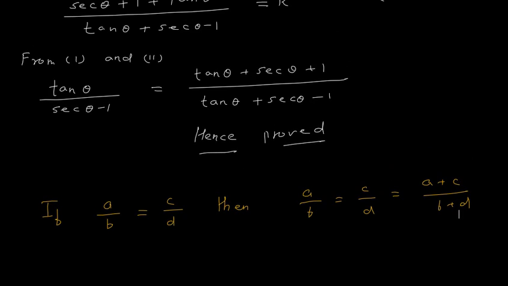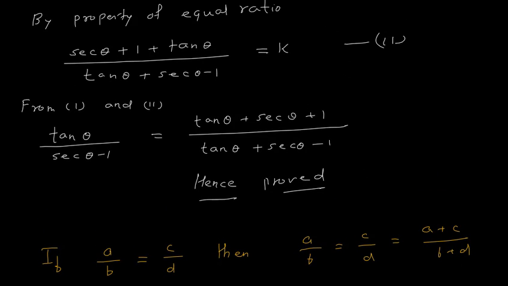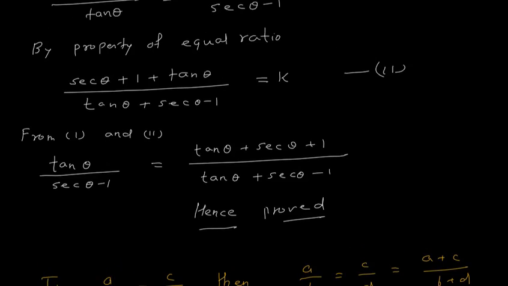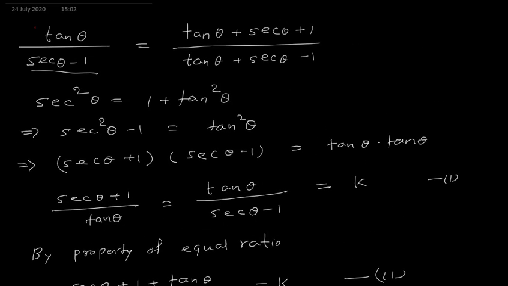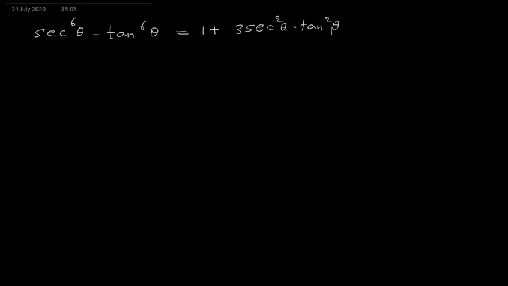So by that property we have proved that tan theta upon sec theta minus 1 equal to tan theta plus sec theta plus 1 upon tan theta plus sec theta minus 1. Okay, simple question. Now let us move to the next question. The question is